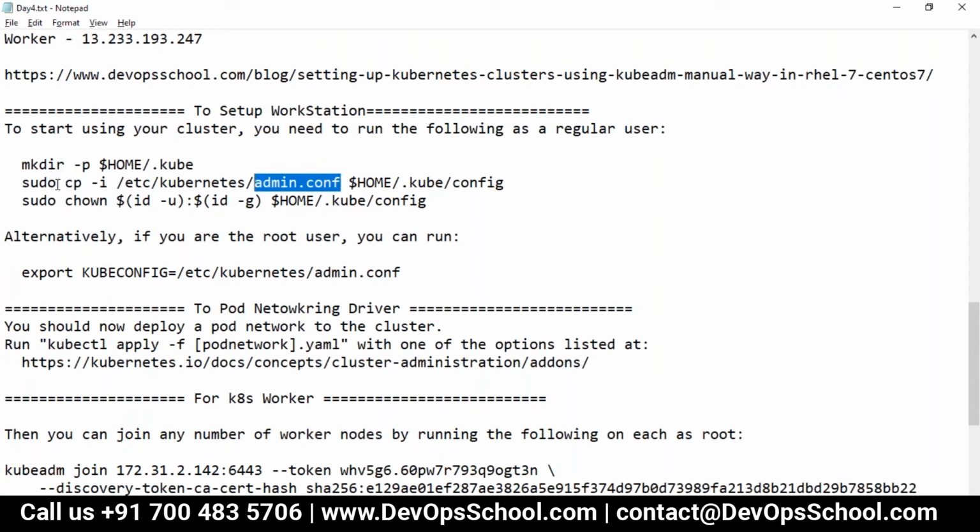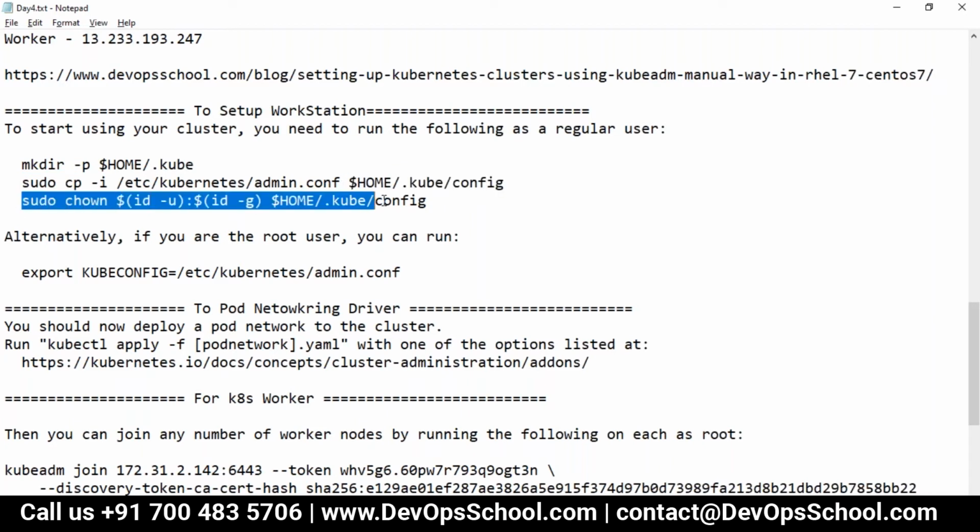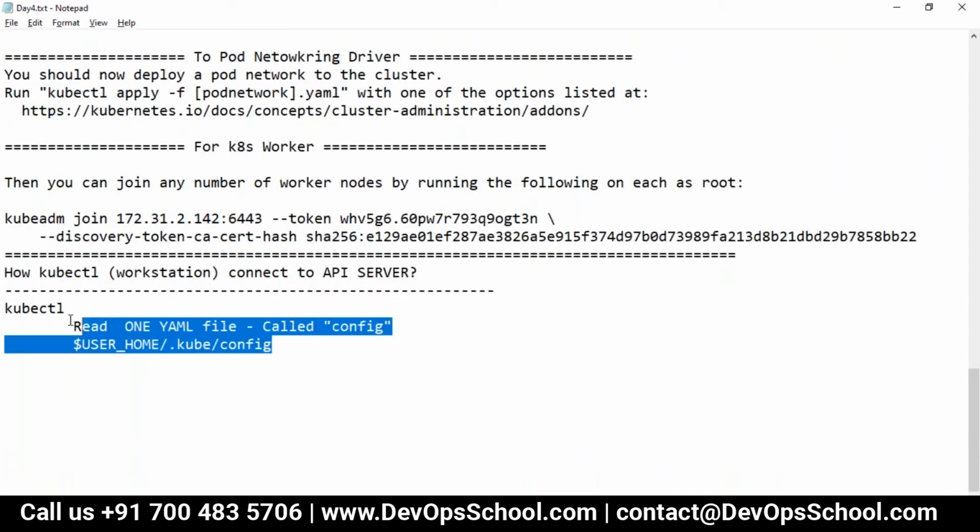And that is what we are doing: as a normal user, create this directory, copy that file, and give the permission. I decided to have the master and workstation in the same box, so here I did a copy. But if you have a different machine, you do an scp or copy and paste via an editor. So the moment you do this, you get this file.